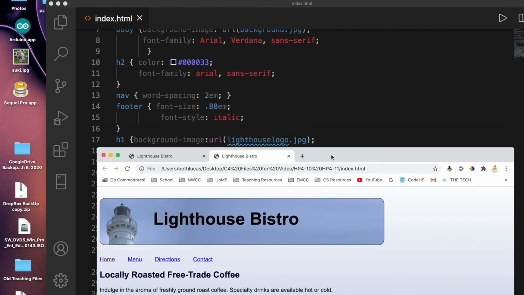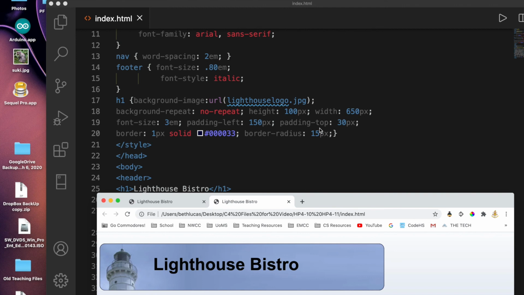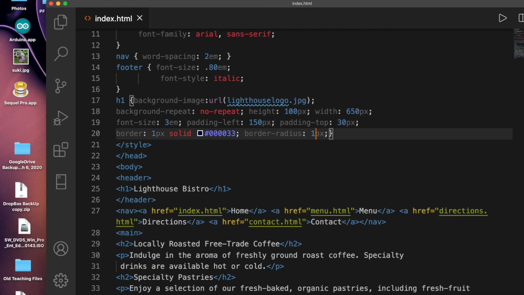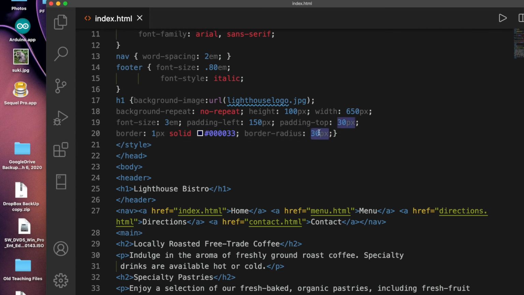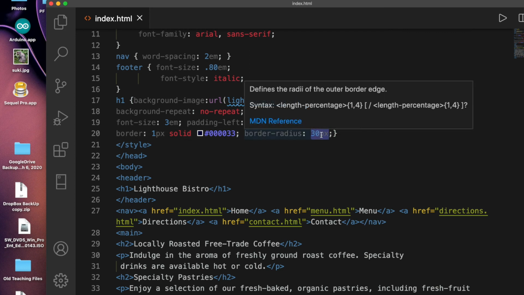Now if, for instance, we increase this border radius to say 30, what do you predict will happen? Let's check and see. The higher the border radius, the more rounded your edge will be. So if we had a border radius of only maybe 10,